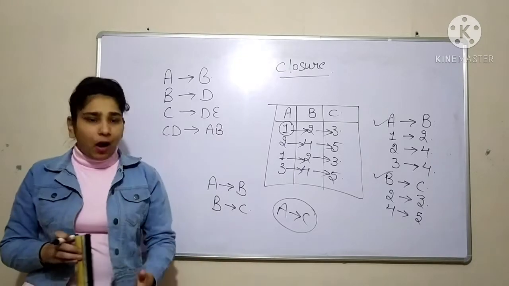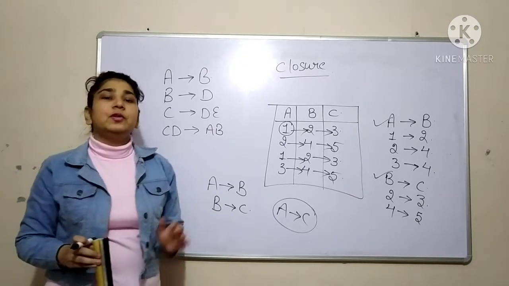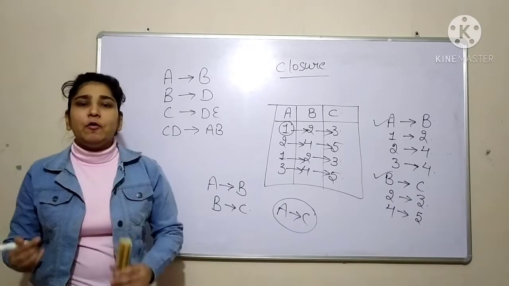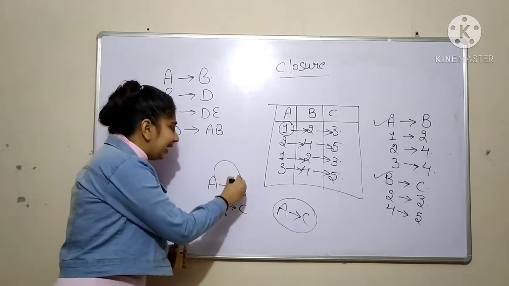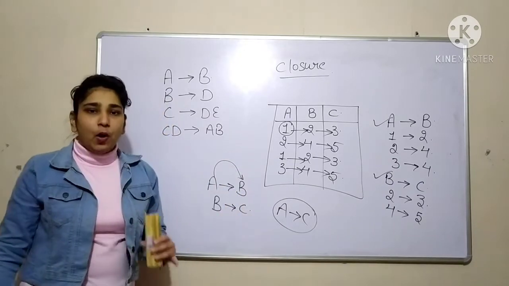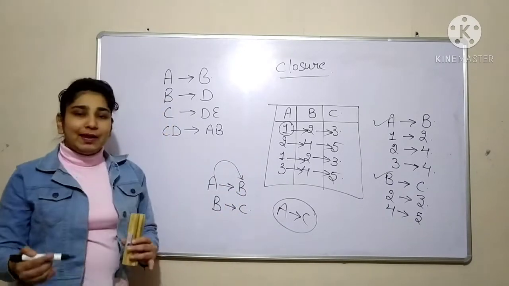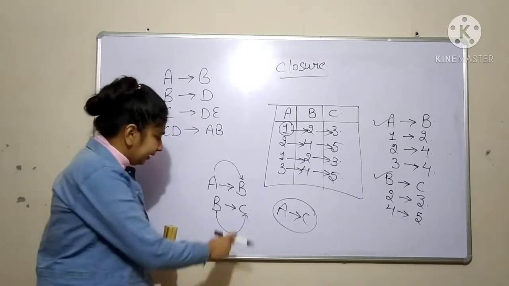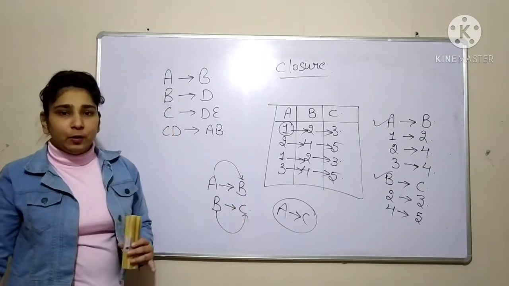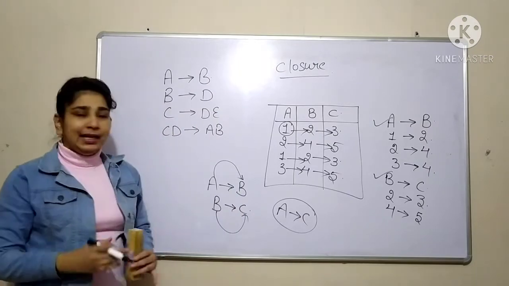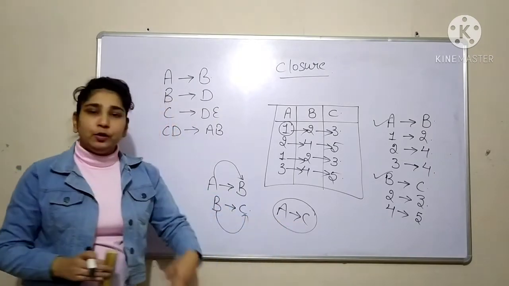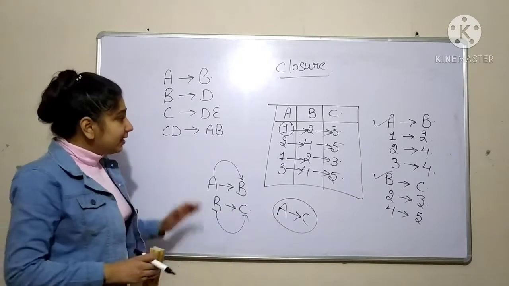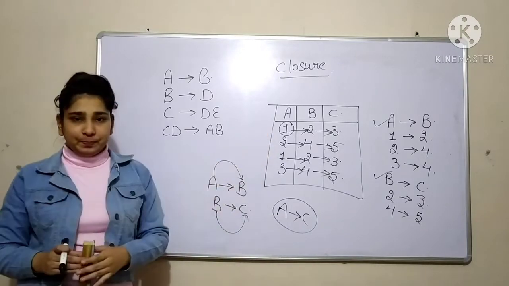So you can call it a kind of transitive dependency. If with the help of A you are able to get the unique value of B, and with the help of B you are able to uniquely determine the value of C, then definitely you can determine the value of C from A as well. Just try to imagine.